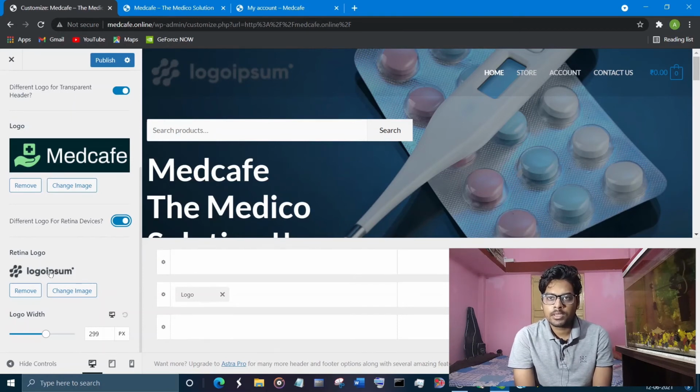Otherwise that might cause issues, and you all know we develop a website with a lot of effort, and after all, when we try to upload the logo, if it causes issues, it's really disheartening and frustrating for us. So I hope you remember these things when you upload logos and make your website successfully. I think I have covered all the things I wanted to say.